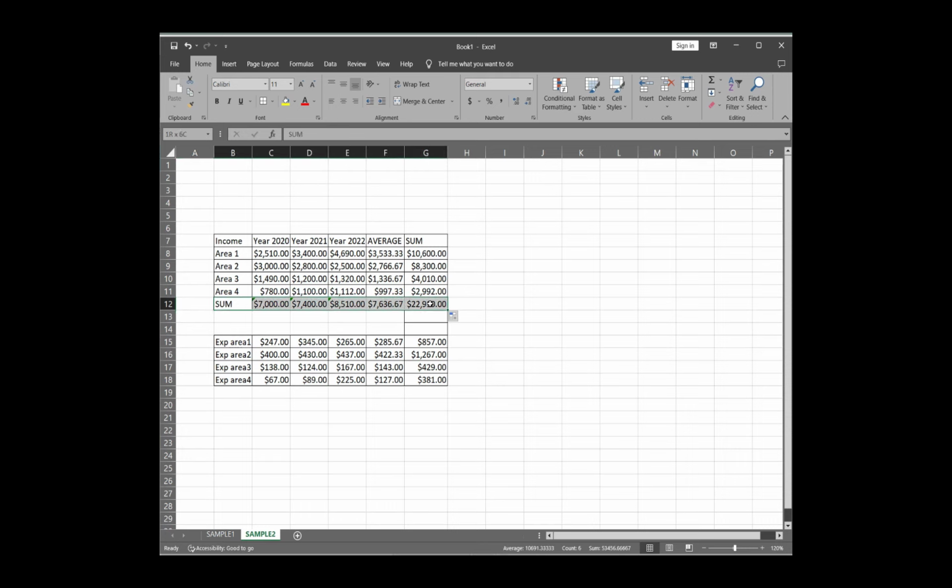to frame. And this cell, which I would like to change the background, is overall sum of the entire income for the entire 3 years for all areas. The same I will make with expenses. So that will be sum